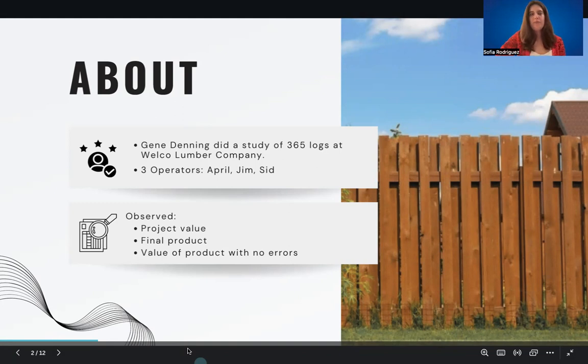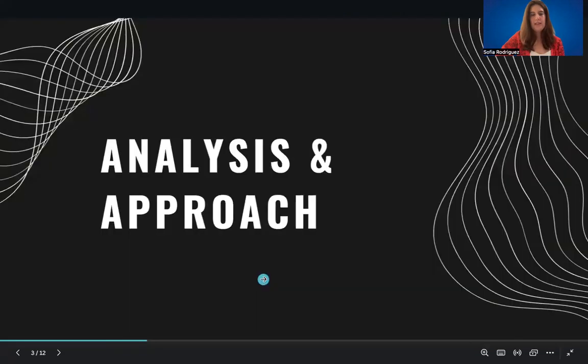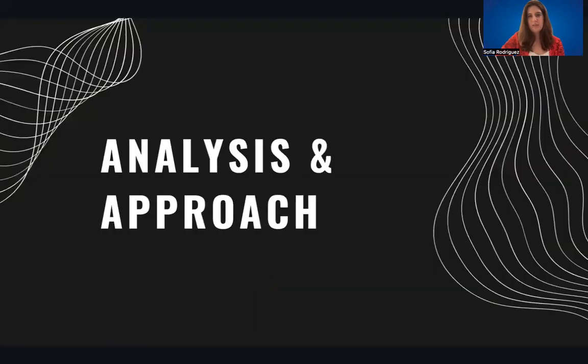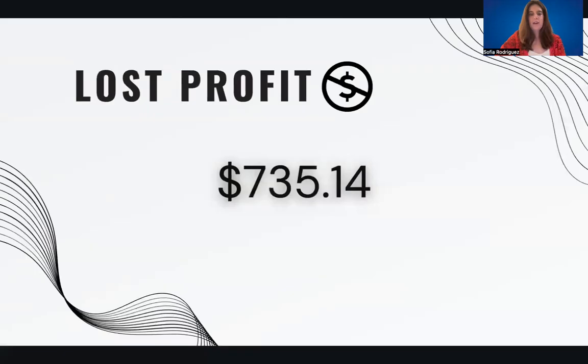So, Gene looked at a few things. He looked at the value the log is supposed to be at and the actual value the log was processed at. From this, he also determined the lost amount of each log if that log was processed with any errors. As far as the analysis and approach of this case study, we first look